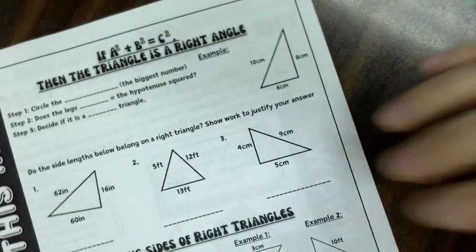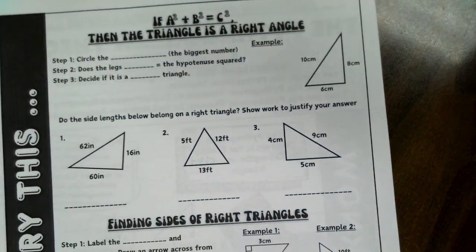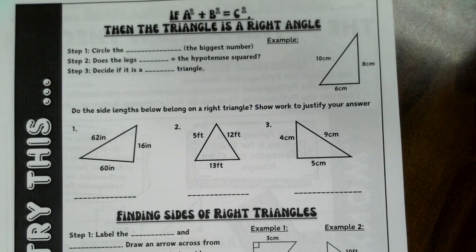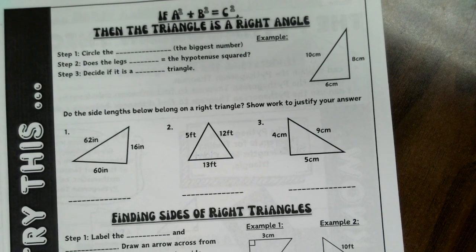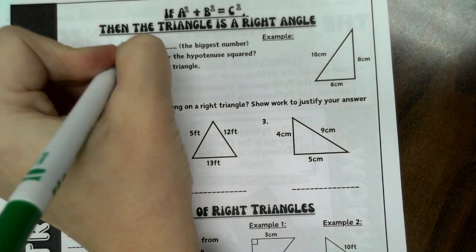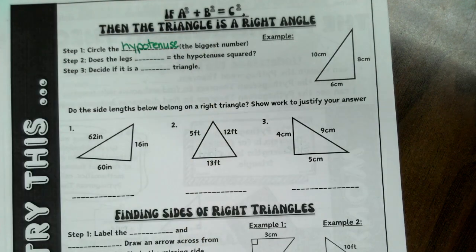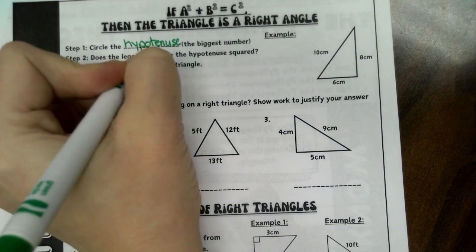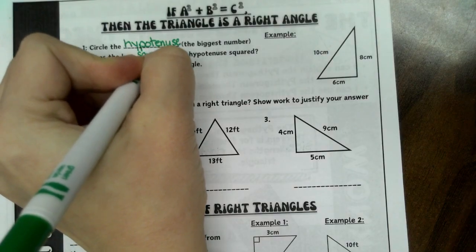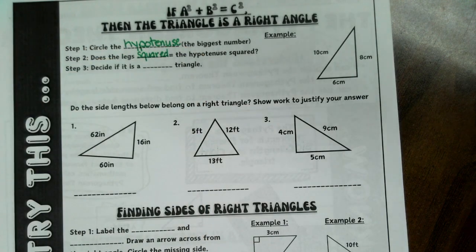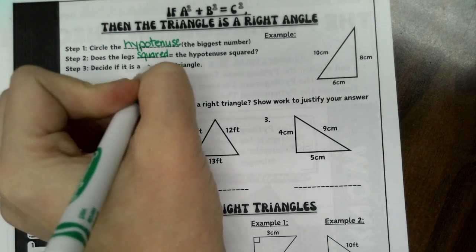So now we say if a squared plus b squared equals c squared, then the triangle is a right angle. Okay, so there's some things that we need to know. First, step 1, you're going to circle the hypotenuse, which is the biggest number. Step 2, does the leg squared equal the hypotenuse squared? And then step 3, decide if it is a right